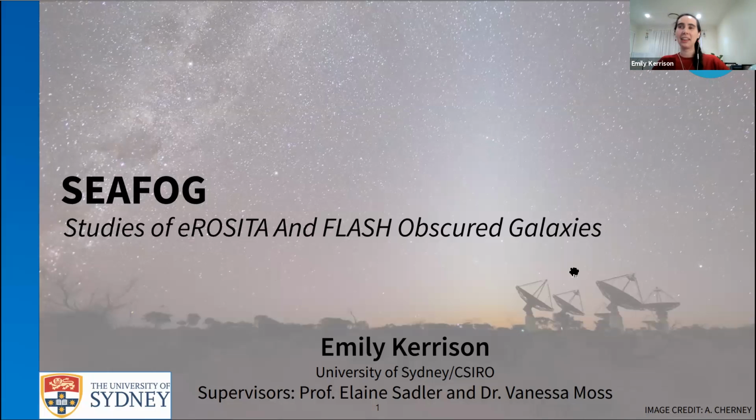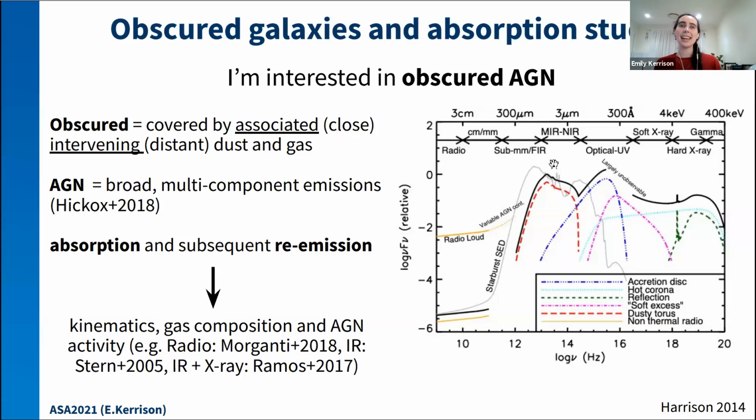obscured galaxies. So first of all, obscured galaxies are a pretty broad class of object, but I'm interested in obscured AGN in particular and what we can learn about these from absorption studies. So when I say obscured, I mean that these objects are covered either partially or fully by either associated or intervening dust and gas. And I'm interested in AGN because typically they're very bright and they're very broad emitters across